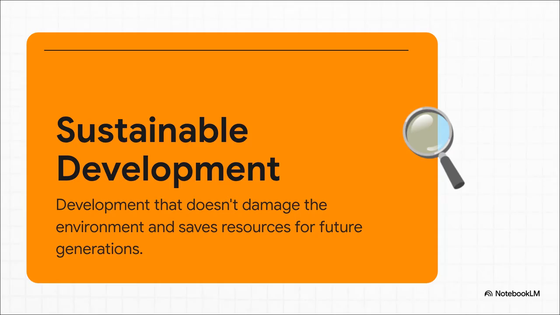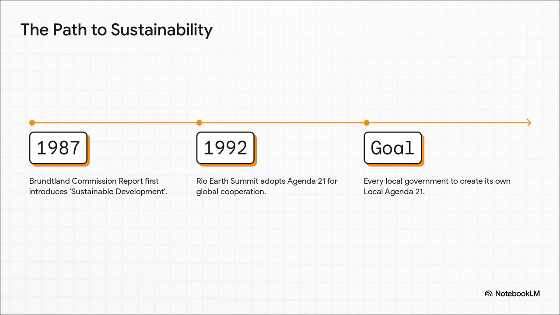The magic words, everyone, are sustainable development. It sounds fancy, but it's a very simple idea. Just imagine the water tank in your house. You use the water carefully so there's enough for you today, but you also make sure there's enough for your family tomorrow, right? That's it. Sustainable development is just that, developing our country without messing up the environment and making sure we leave enough for the children of the future. This amazing idea went global.